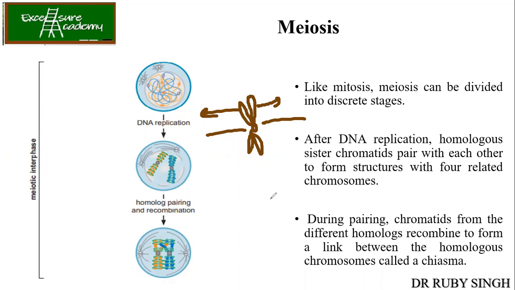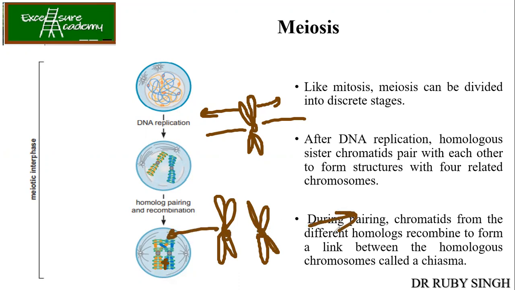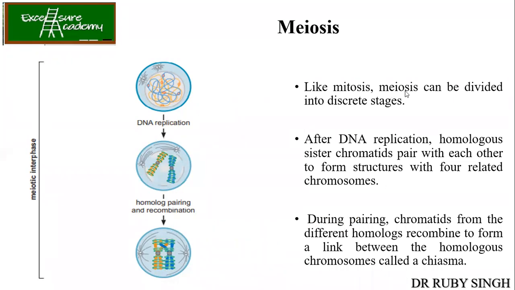Now, because of certain differences in the two chromosomes, they can undergo recombination. Okay. So what is happening? You have two copies like this. They get paired like this, and then one goes to one pole and the other goes to another pole. Okay, so this is a major difference between meiosis and mitosis.